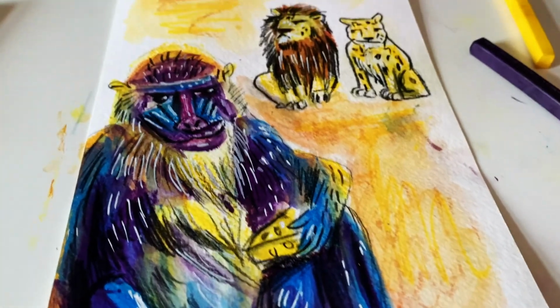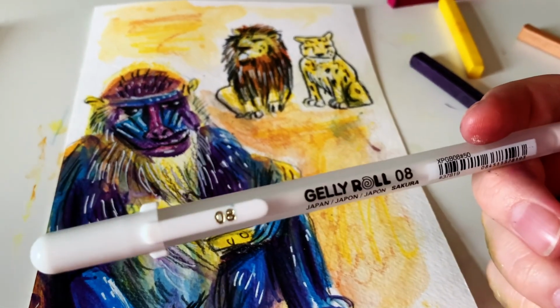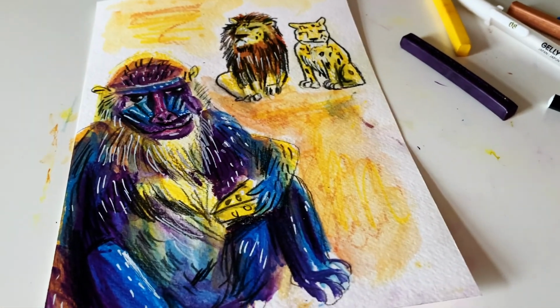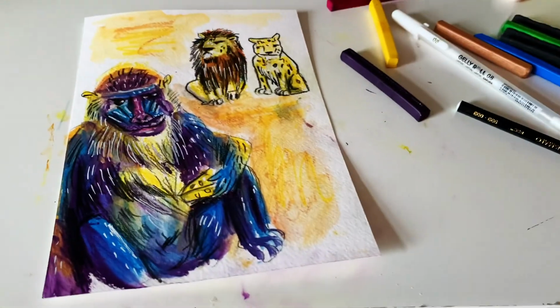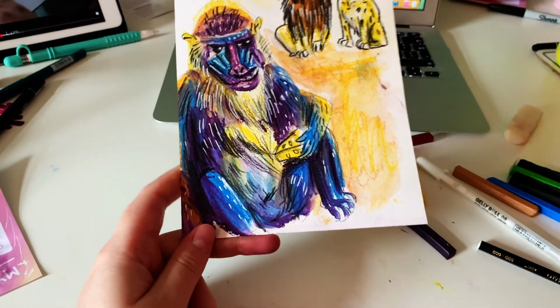Yeah, and I did cheat a bit. I didn't really like this, so I went to my classic Posca instead for adding highlights, or I do like the Signo white pen. If you guys like art materials, you've probably seen that infamous pen. But yeah, it's just a really quick piece, but it was nice to get back into it,